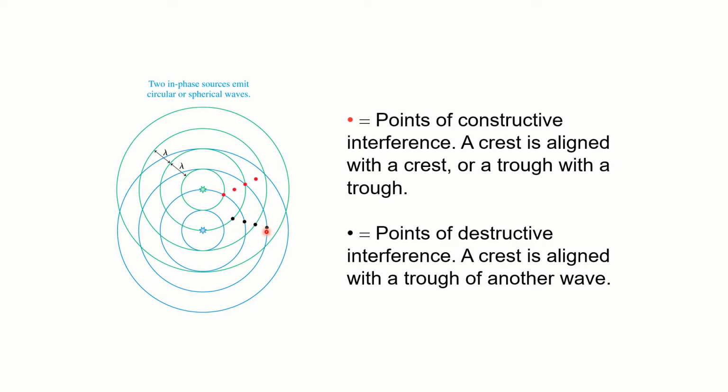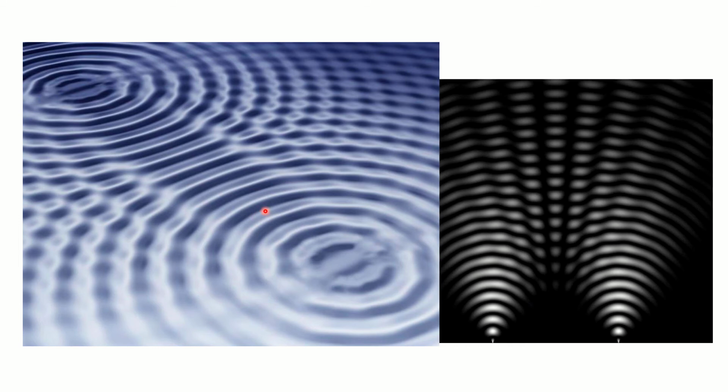Whereas if I was on, say, one of these black dots, I'm on a crest from this source, but I'm in a trough from this source, and those would cancel, and I would have perfectly destructive interference. And that is true for anywhere along this straight line here, where I have these crests and troughs lining up, and everything in between lines up the same sort of way. And I get this nodal line where I have no amplitude on that wave. You can see these really interesting patterns in this interference here, where they look like this.